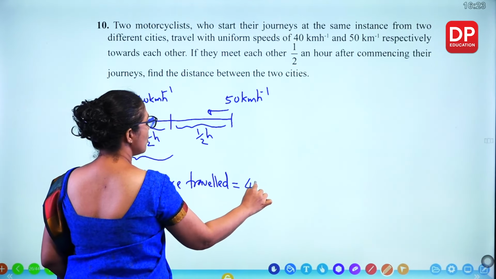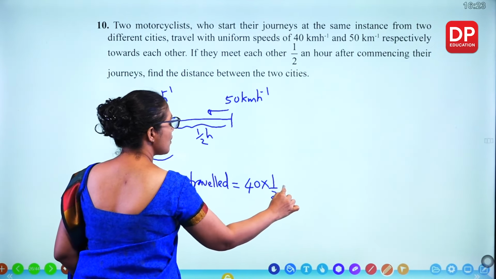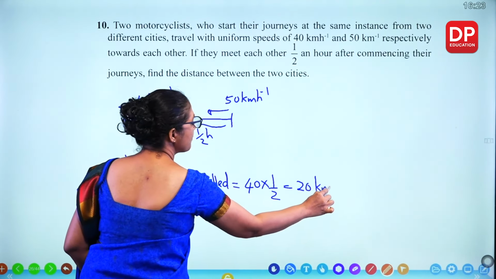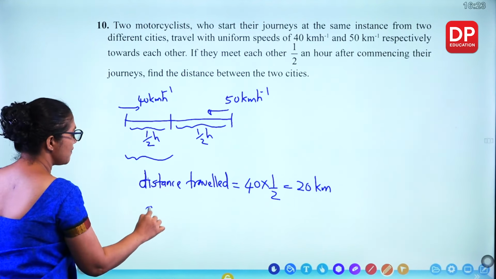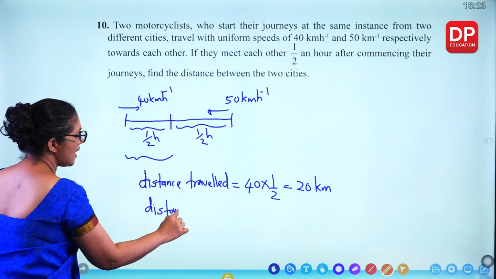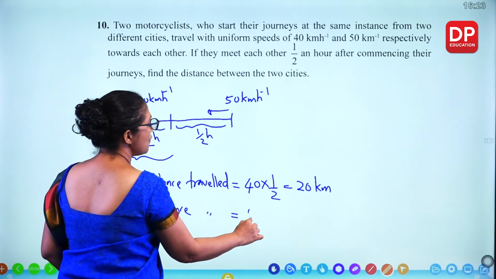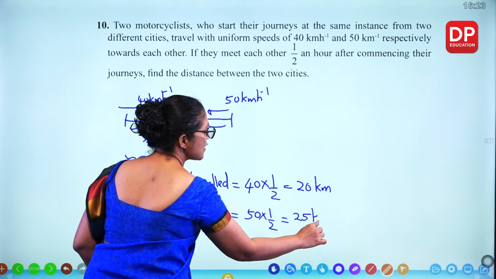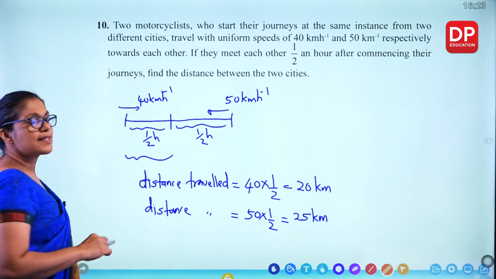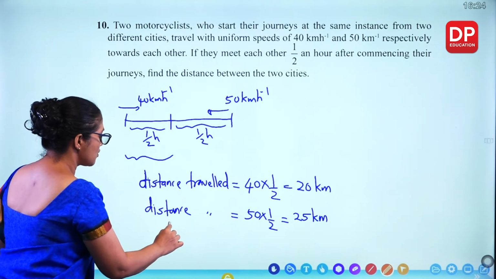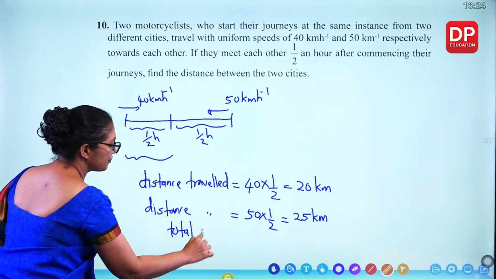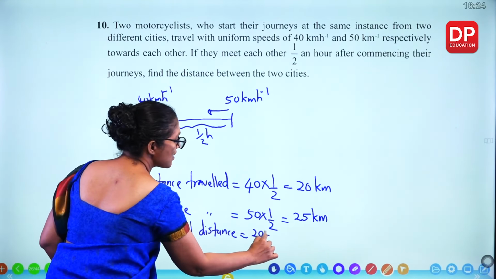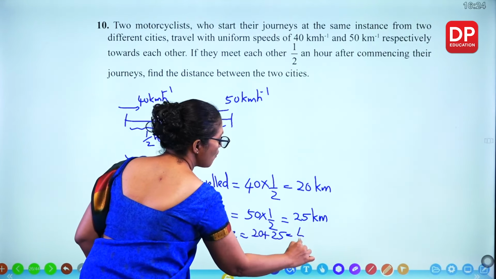Speed into time. You get 20 kilometers. What about the other one? Distance traveled by the other person? 50 times half. You get 25 kilometers. So what's the total distance between the two cities? So the total distance is 20 plus 25, that's 45